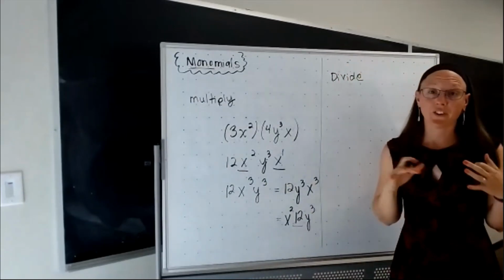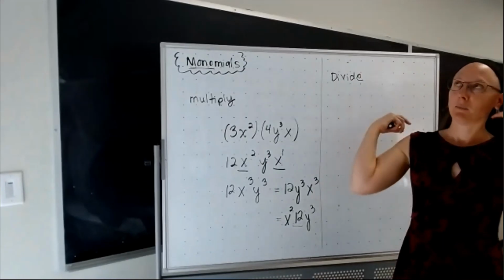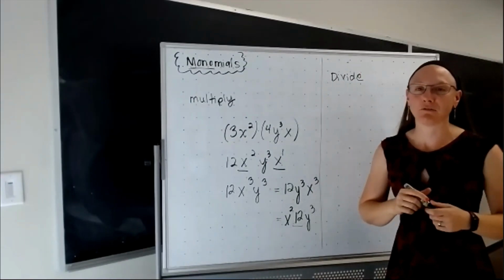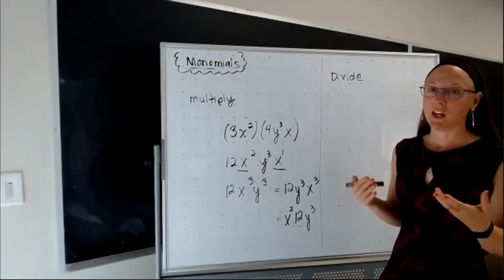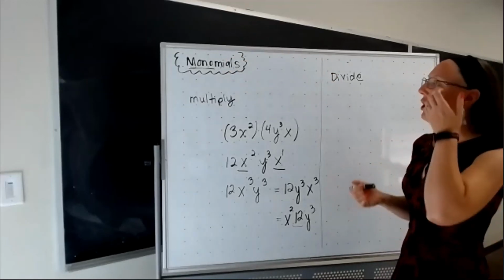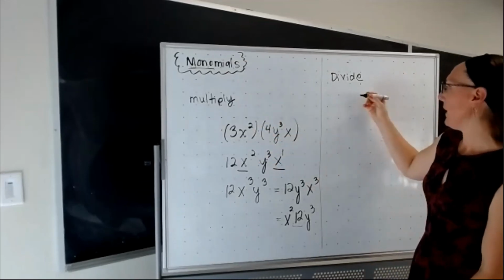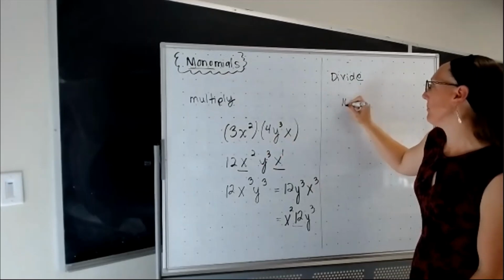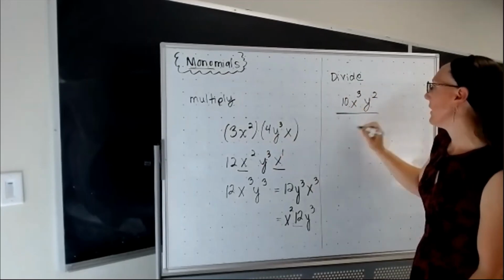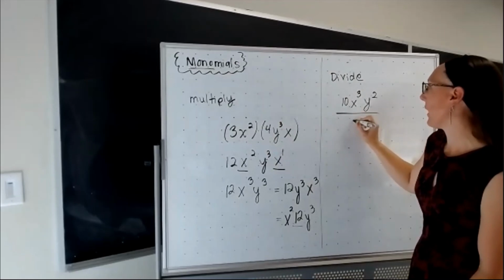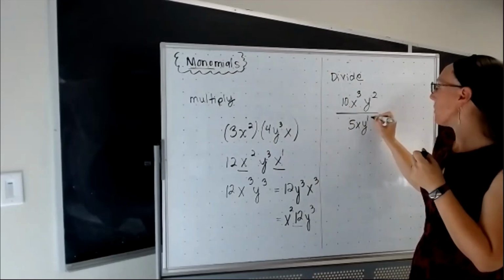Now we'll talk about other kinds of division shortly. Probably by next week, we'll be talking about other kinds of division. But for now, if we're talking specifically about monomials and our instructions are to divide, we're talking about the same kind of thing that we were with multiplication. Meaning if I have 10x cubed y squared divided by 5xy to the 10th,